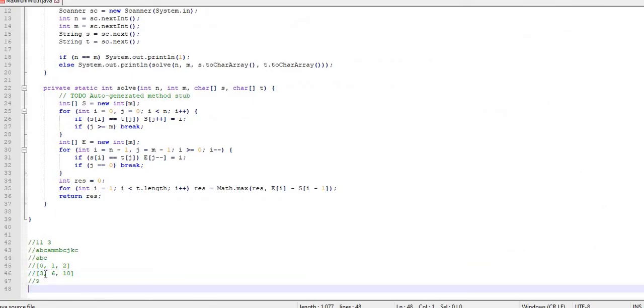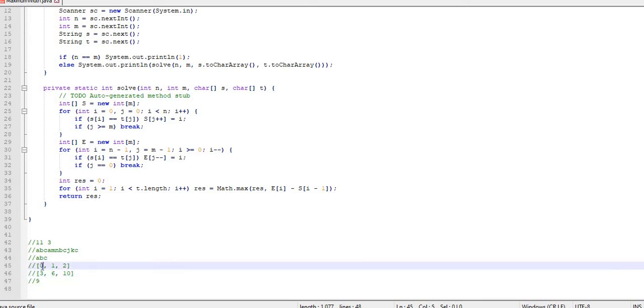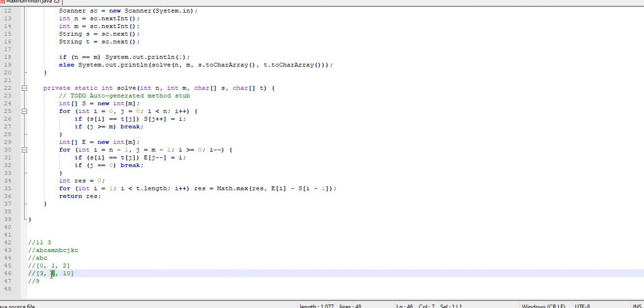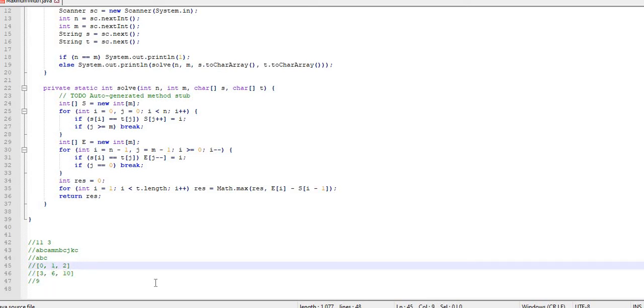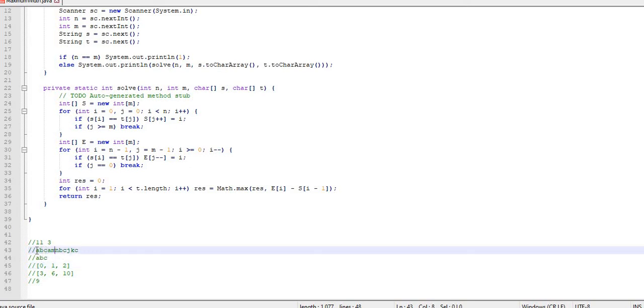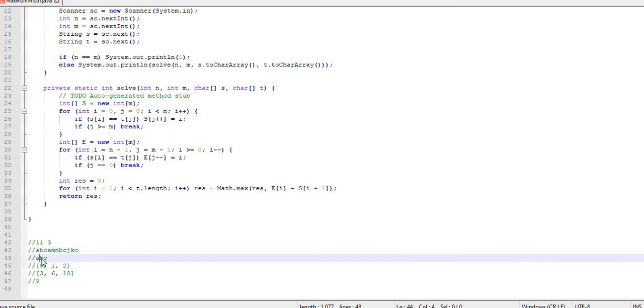So for example, if I start with this 6 and this 0, taking the difference, the max is 6, 6 minus 0 is 6, then moving to the next, that is 10, and this is 1, because eventually what I have to do is take the difference between the characters I am going to use to form the T.